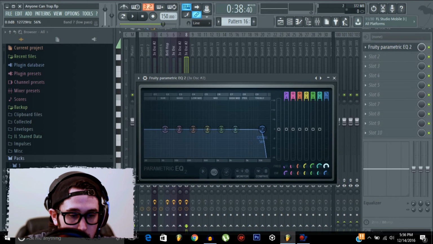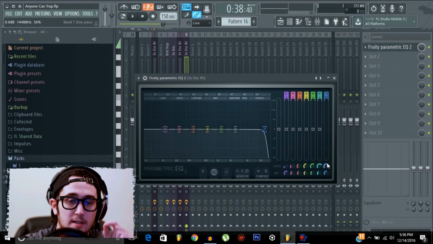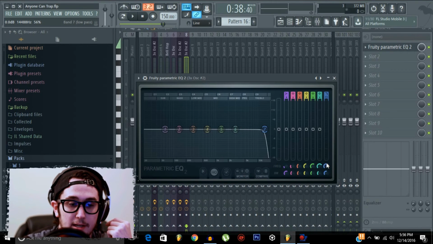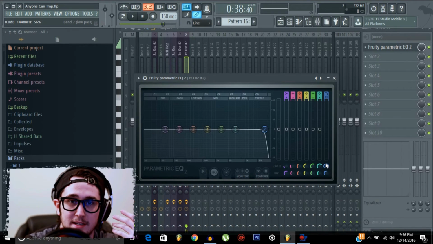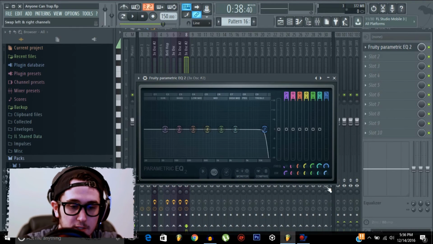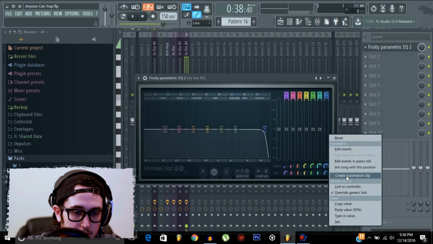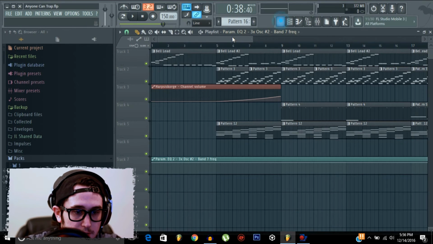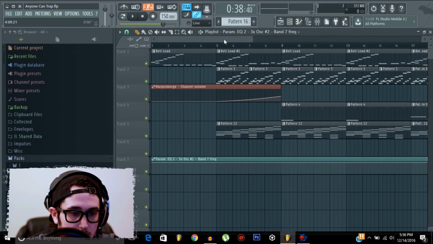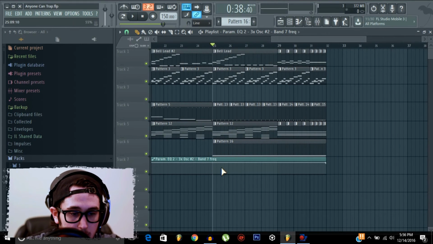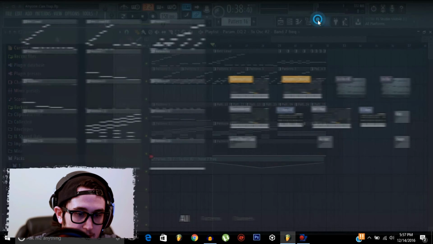And then we don't want to cut off everything, but we do want to cut off a little bit of the highs because some of those can actually hurt our ears, or they're very unpleasant for our ears. So we want to cut that out a little bit. And then we're going to right click and create automation clip like we did with the volume for the harpsichord we had before. And then we're going to create another notch, and then we're going to have it fall after 3 bars, and that will bring down